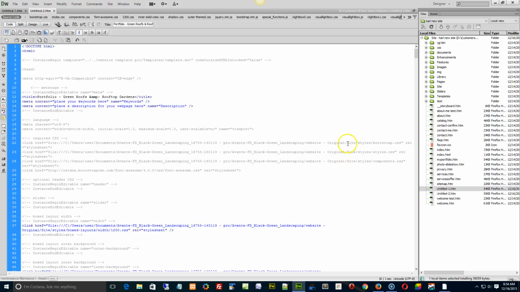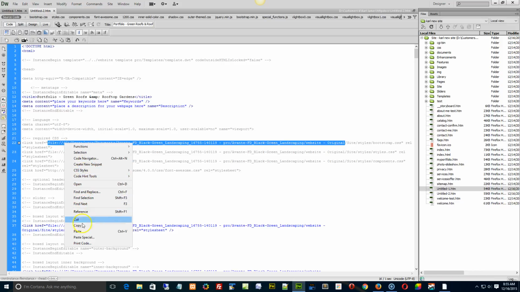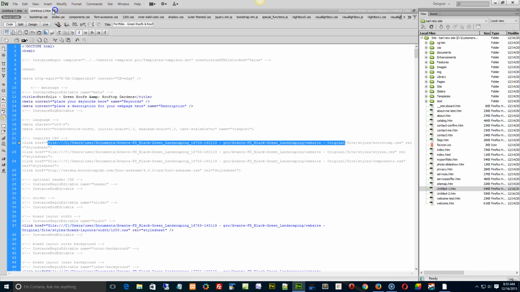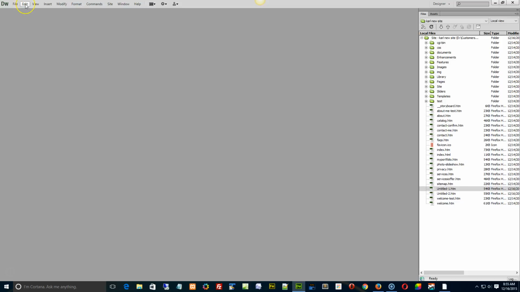We're going to open up your page, flip it to code view, and go to about line 22 or so. Starting with the Bootstrap CSS right here, scrub over from where it says original all the way over to file, and not the double quote there on the other side. So scrub all that information, and then we're going to copy. Okay, and then what we're going to do is close the page down. That's an important part of this process because if you have the page open, Dreamweaver may not update using the